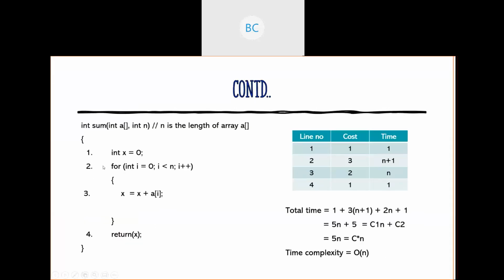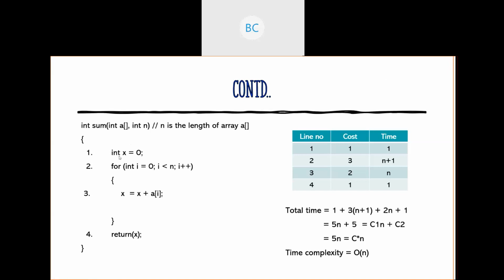For this particular program or code, we considered each instruction, because every line of code contributes to the total time complexity.